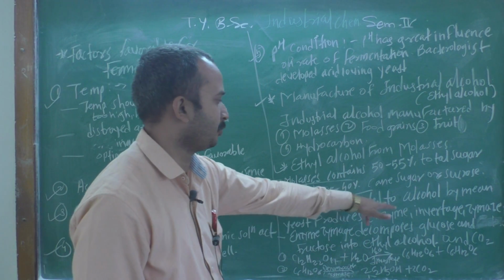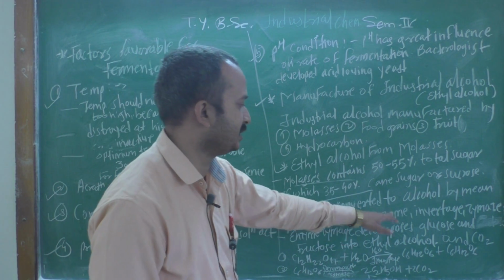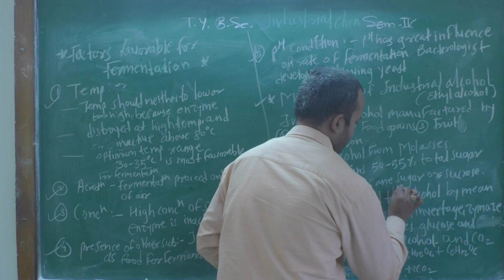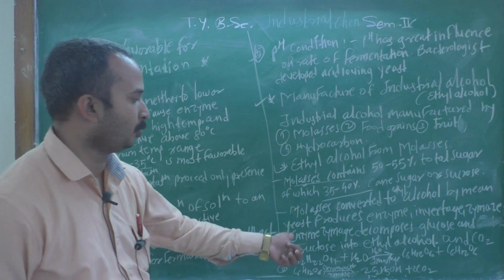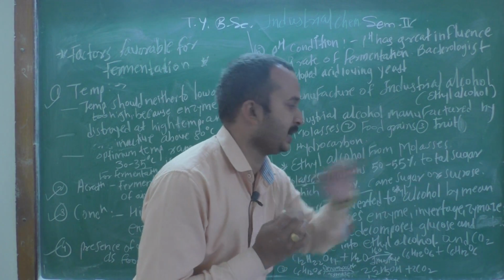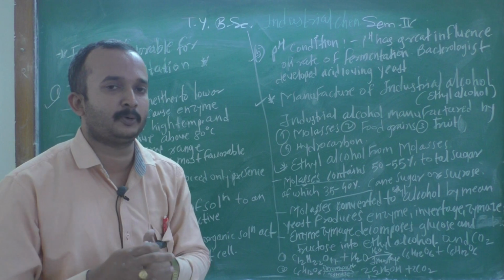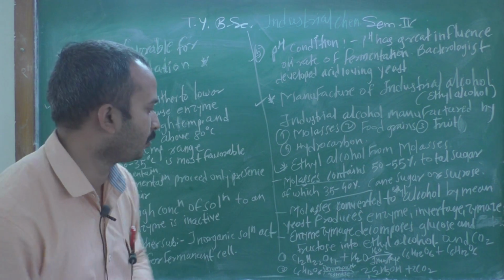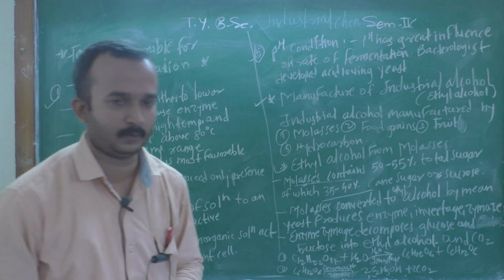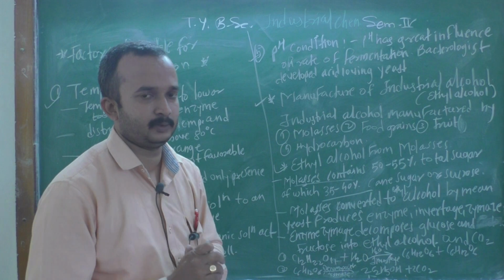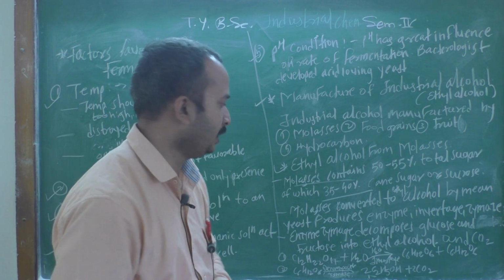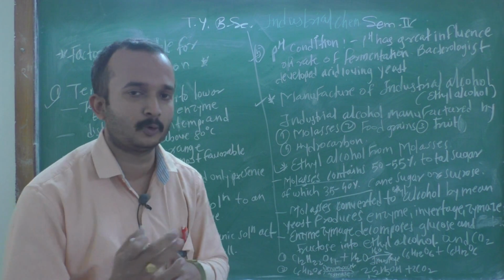Secondly, the molasses is converted to alcohol by means of yeast, which produces the enzymes invertase and zymase. The molasses is converted into ethyl alcohol, and this enzyme zymase decomposes the glucose and the fructose into ethyl alcohol. As in the last lecture, the enzyme zymase is useful for the conversion of glucose to alcohol, decomposing glucose to ethyl alcohol